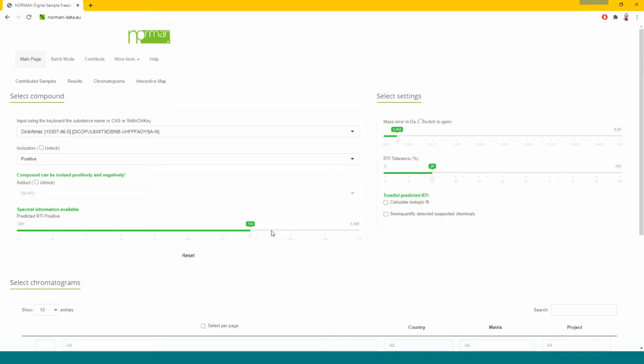As a second step, it must be specified the mass accuracy window, expressed either in Dalton or in ppm, and the retention time index tolerance window. There are additional check buttons for the calculation of the isotopic fit and for the semi-quantification of the detected suspects. For this example, we will enable the isotopic fit tick button.